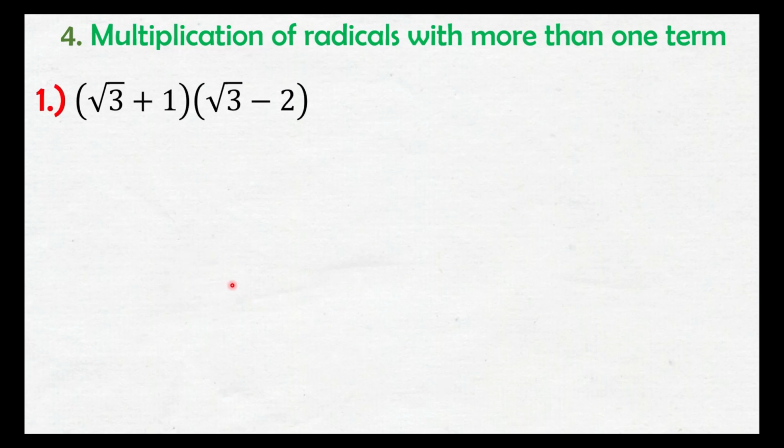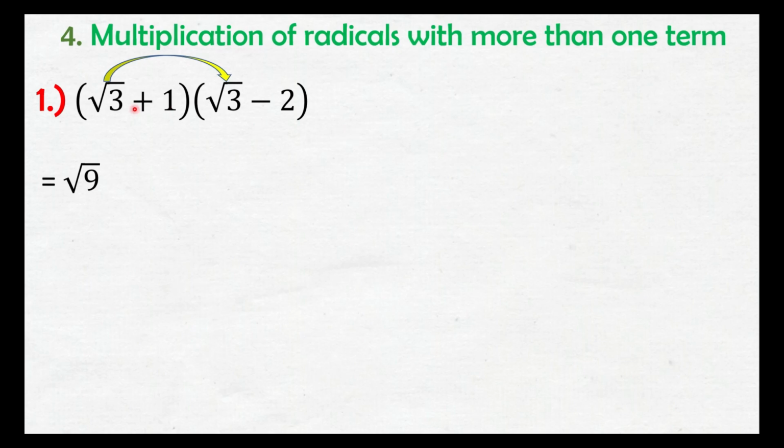Okay, ganito naman yung example natin. So, meron tayong dalawang binomial dito. So, paano ba yung gagawin natin? So, kagaya lang dun sa ginawa natin dun sa mga previous lesson natin, kapag binomial to binomial minumultiply natin, i-apply lang natin yung FOIL method. So, first term, outer term, inner term, at last term. So, ganun lang. Multiply natin yung first term muna, first term to first term,